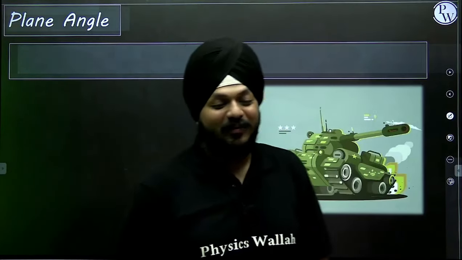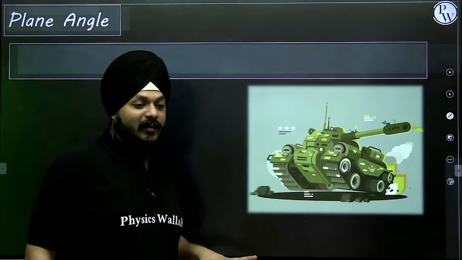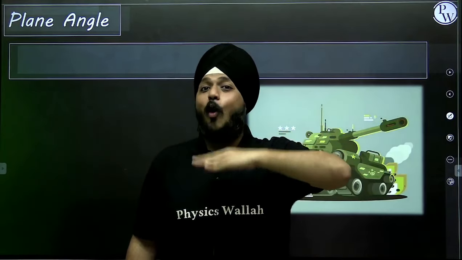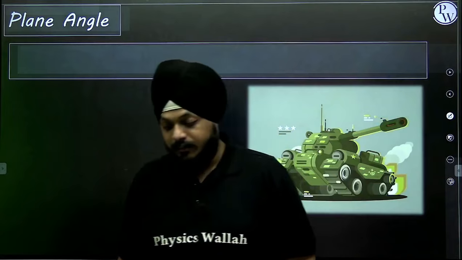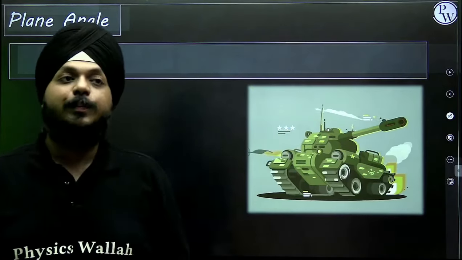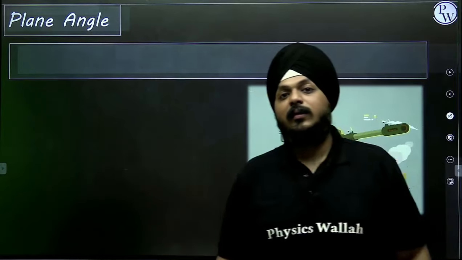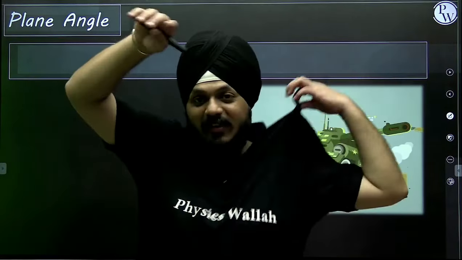Okay, Ghoda is not a proper word, right? But suppose war is going on and there are lots of tanks nearby. From the level ground surface, at what angle is the tank firing a ball? We have seen period films, right? Then we can say there are lots of cannonballs.